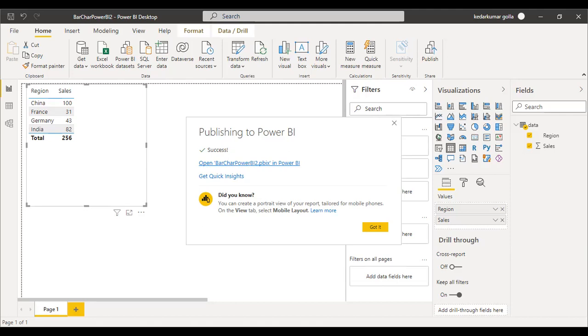If anyone has any doubts, or wants me to create any visual using ggplot, I can show you that. If there are no questions, we can wind up the session.